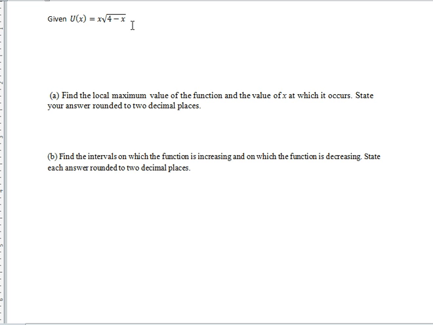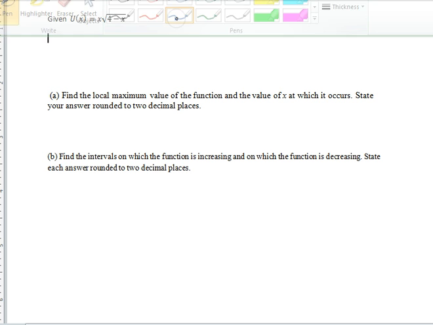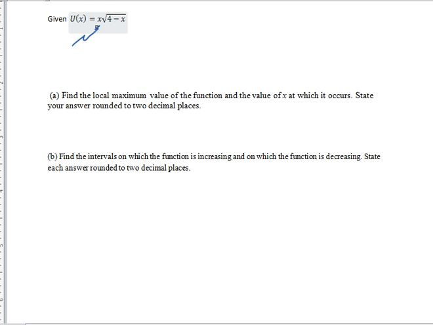Before we graph this function, the theory will help us understand the graph that we will see. Notice that u of x is a product function, so the domain of u of x is the intersection of the domains of the functions y equals x and y equals the square root of 4 minus x. For y equals x, the value of x can be any real number. But for the square root of 4 minus x,